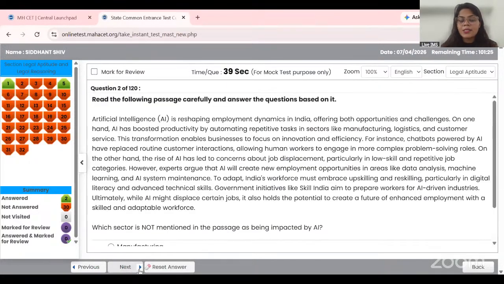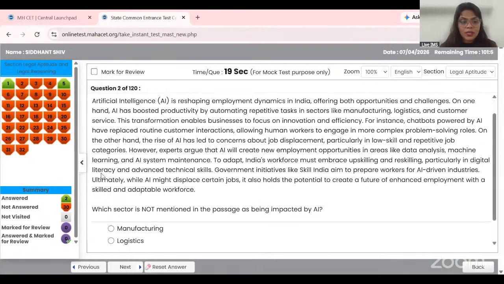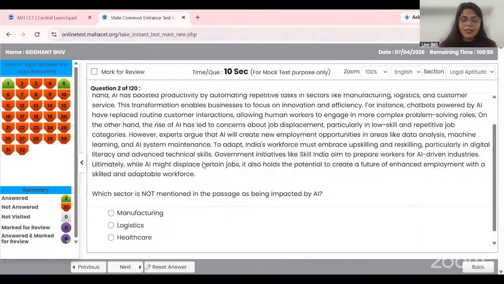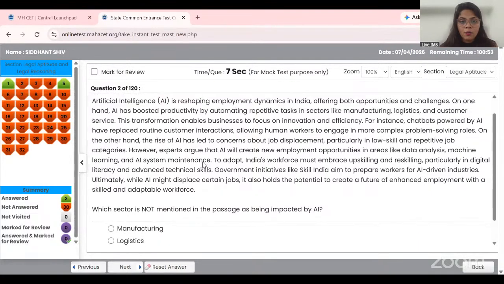Whenever you click on next, your answer is submitted. When you keep it marked for review, your answer is marked for review. Just one heads up: whenever you mark anything for review, it gets automatically submitted if you have chosen any of the answers. So just make sure that you are revisiting it once. Whatever you keep marked for review will appear in purple. Otherwise, whatever you have marked answers for will appear in green. Can you see all of this that is given on the left hand side of your portal, right?